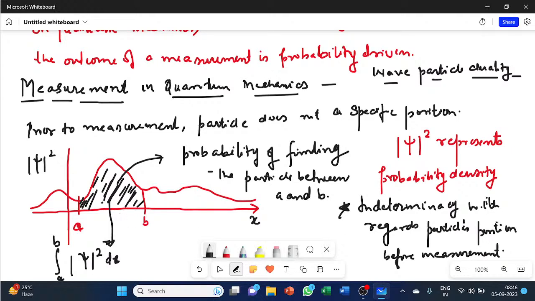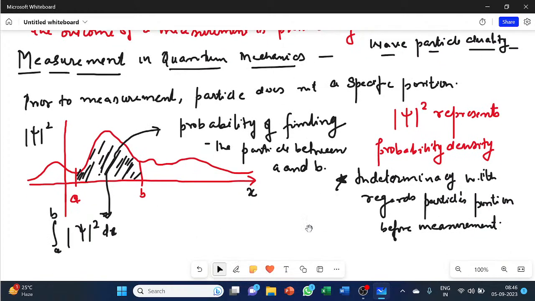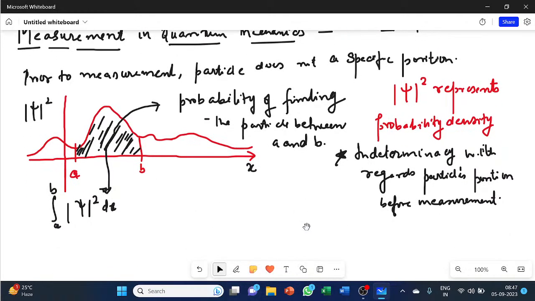So this is one of the fundamental experimental outcomes, one of the fundamental postulates on which quantum mechanics is based. That is, prior to measurement we don't know what is the state. But once the measurement has been made, let's say right now we are making a measurement in the sense of determining the position. So before it, the particle can be anywhere. Like on this particular graph, the particle can be anywhere because psi mod whole square represents the probability density. If I'm doing this particular integration, it represents the probability of finding the particle in this particular region.